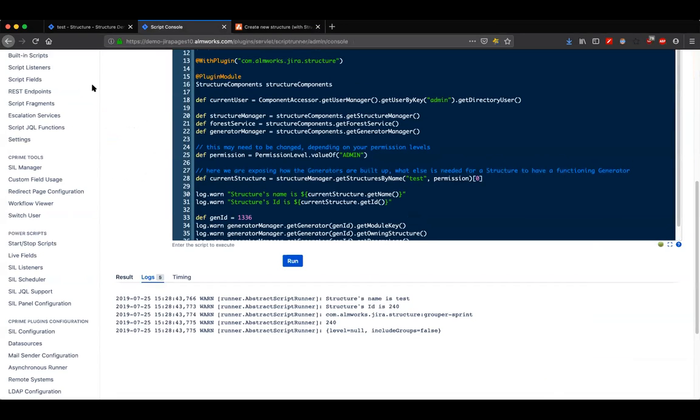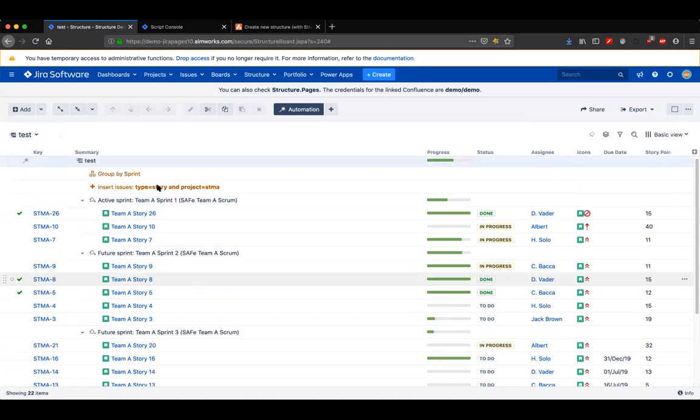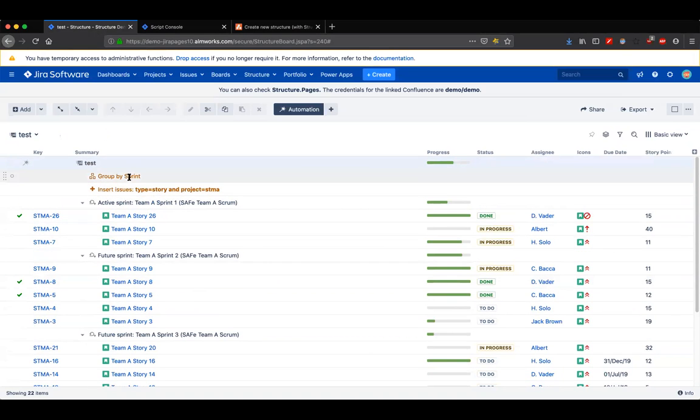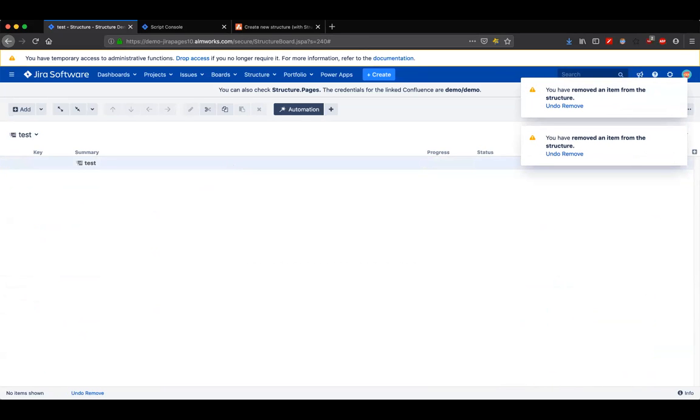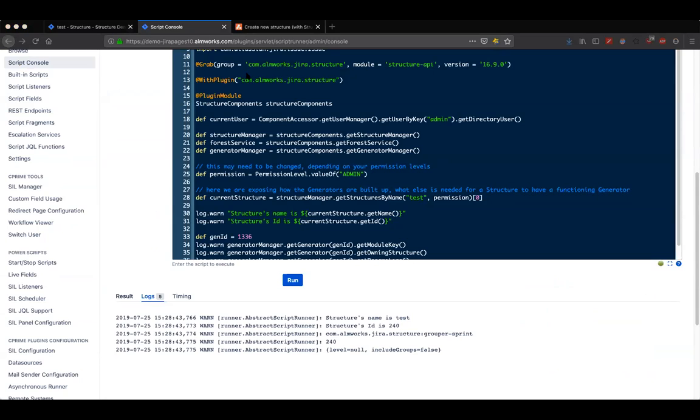So what I can also do is take an existing structure and add new generators to that one. So I have this structure with the group and sprint parameters. So I'm going to remove those. So my structure is now empty. And I'm going to go and add another script. And I'm going to create